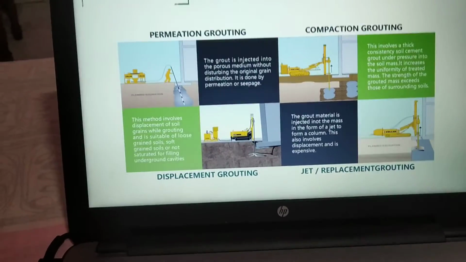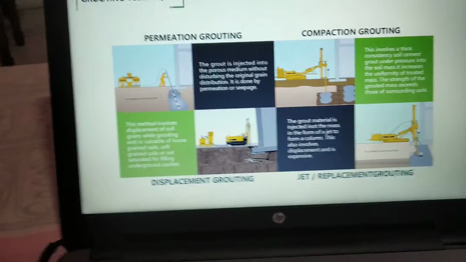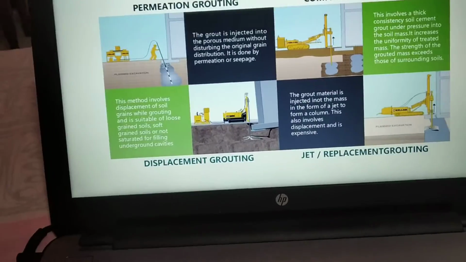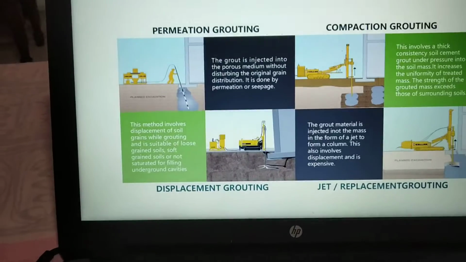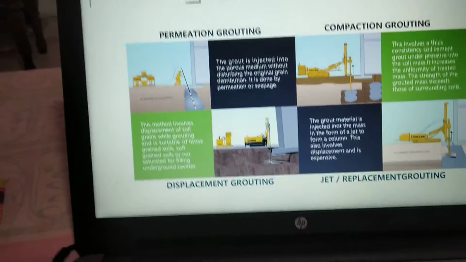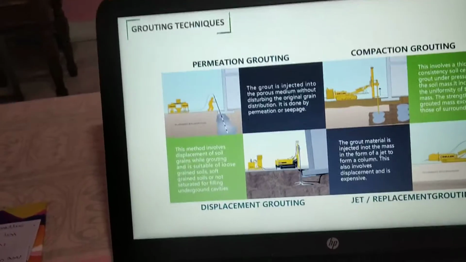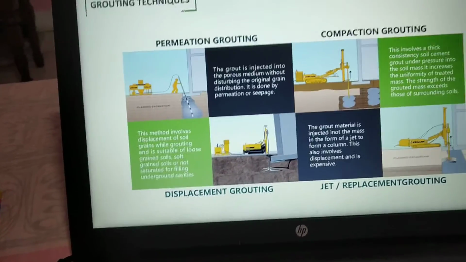Now these two grouting techniques are the only ones which are best fit for the chemical grouts. The other two, which include the displacement and compaction grouting, are not of much use for the mines because of the small area that we have to apply the grout to, and because of their highly expensive nature.